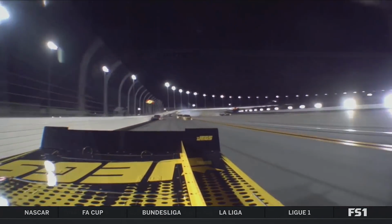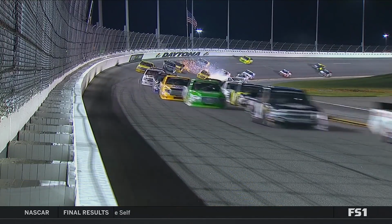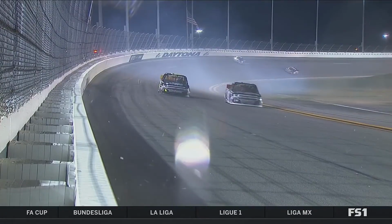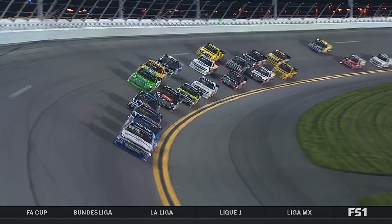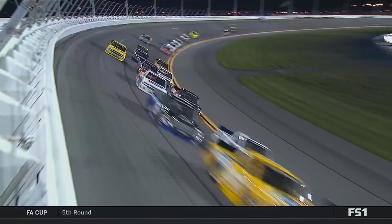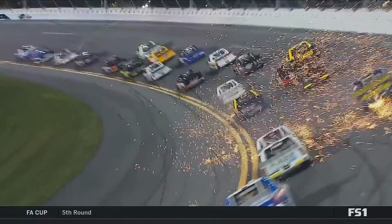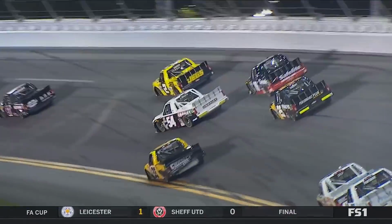Caution, the caution will be out. It's not out yet. You see, there's the contact. Watch. Actually, I don't think there was any contact. Noah just got sideways trying to avoid the 54 of Bo Lamastus and couldn't hold on to it. Lamastus was tight beside another truck, and it just...